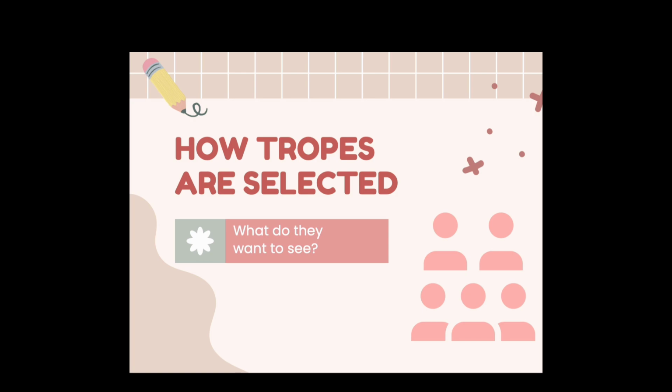When we're thinking about how the specific tropes are selected, we have to think more about what the audience is expecting. In order to do that, we have to consider their conditioned preferences. By conditioned preferences, what we mean are the preferences that you may have developed by virtue of the things that society insists that you prefer. This is where thought processes like girls like this and boys like that come into play.